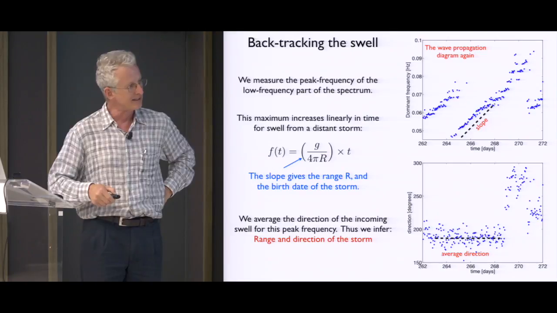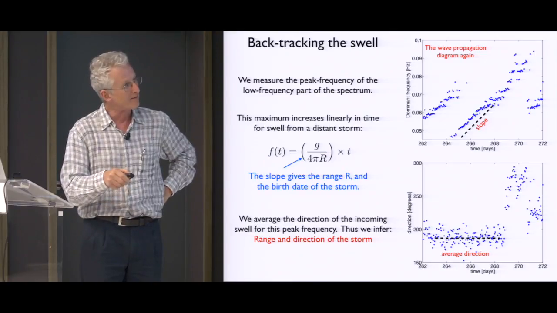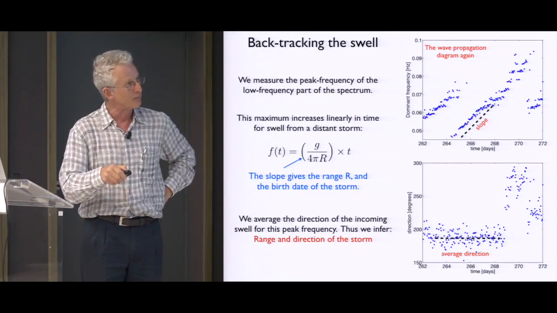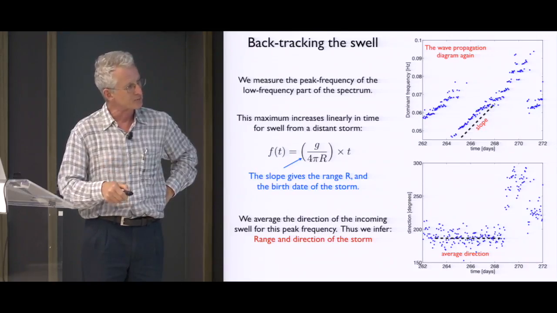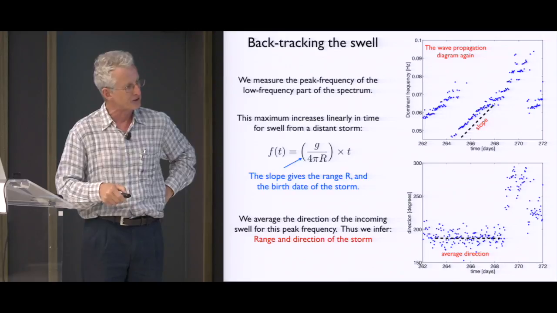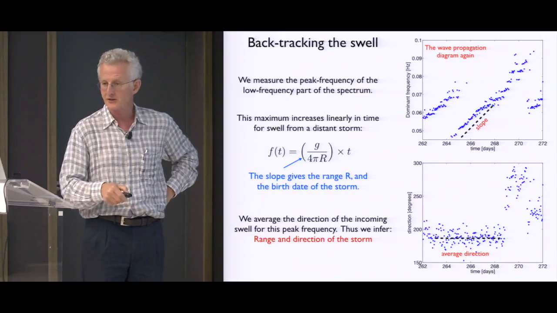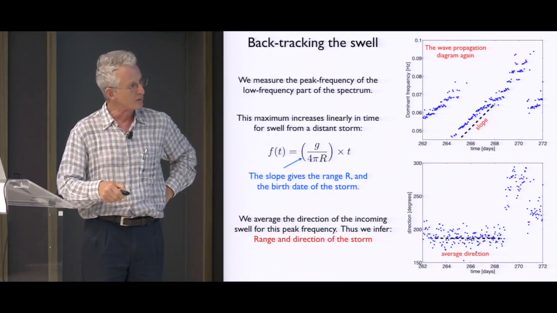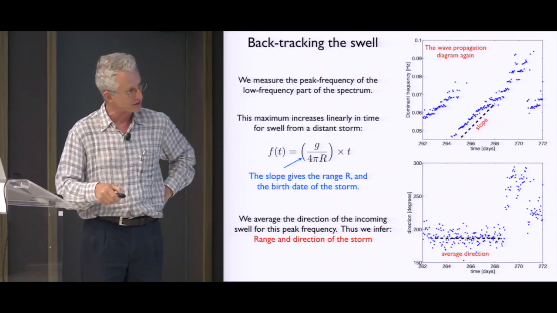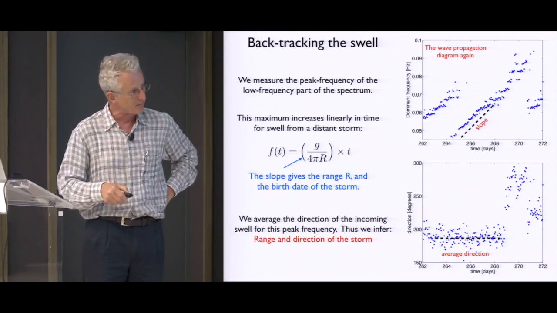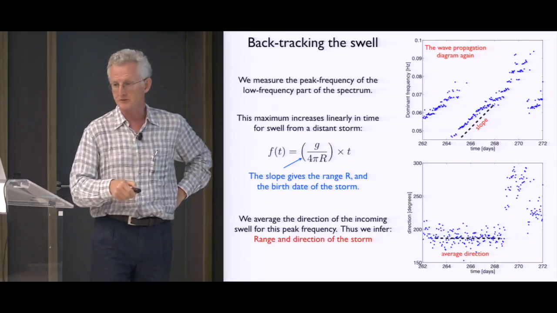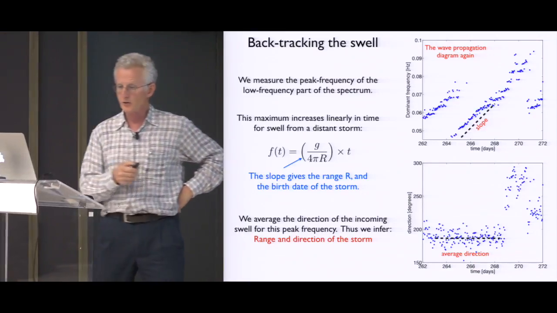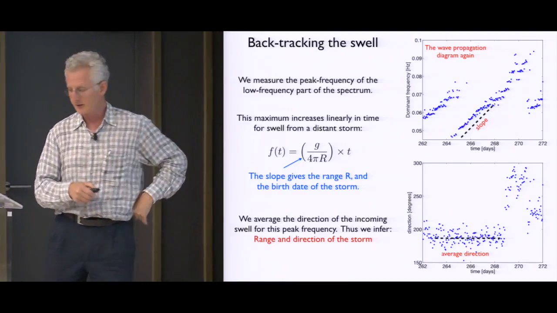What we see, when we have a nice clean slope on the wave propagation diagram up here, is fairly substantial plus or minus 10-degree fluctuations in direction incident on the accelerometer. So we believe there's physical information in the fluctuations in direction, which I'll come back to later. But what we're simply going to do now is take the average direction. So now we know the range and we've got the direction. We can